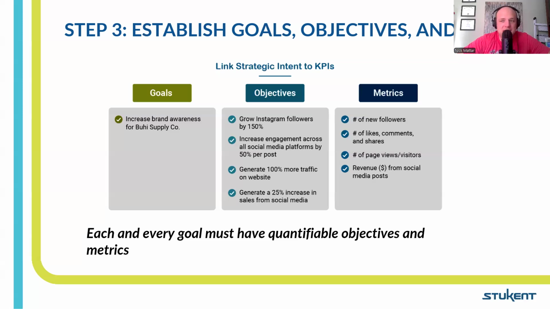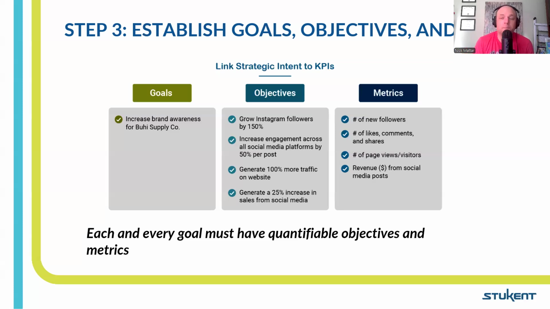But what does that mean? How do you put a number behind that? That's where the objectives come in. The objectives have numbers, and these are your KPIs. These are where you are trying to increase or decrease whatever you're trying to do. These data points work together to lead to what your goal is. In this case, we want to grow. I mean, these numbers are kind of crazy, but